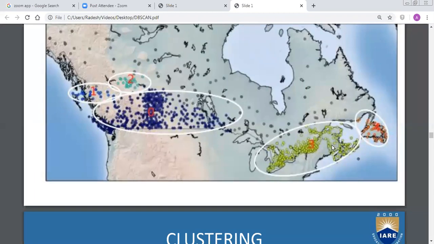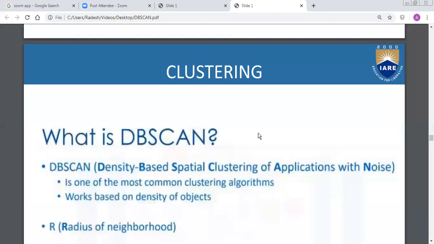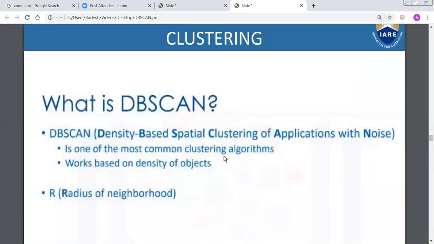All the data points existing in these clusters are going to give the same sort of output irrespective of the cluster in which they are. You see here all the data points represented in the green color are all going to give the same sort of output. The blue dots are going to give the same sort of output, and the red one is going to give the same sort of output. So this is the main importance of the density based clustering technique.